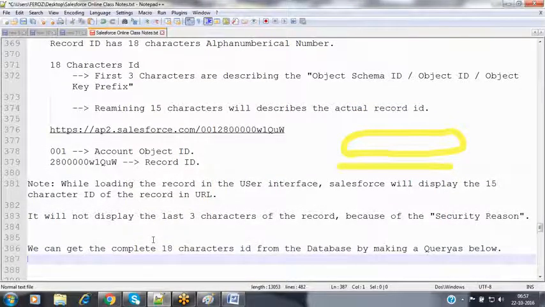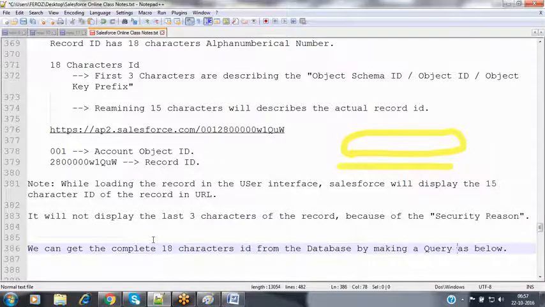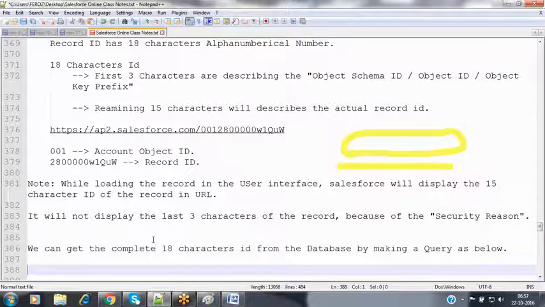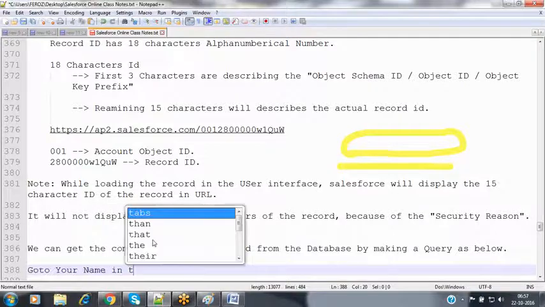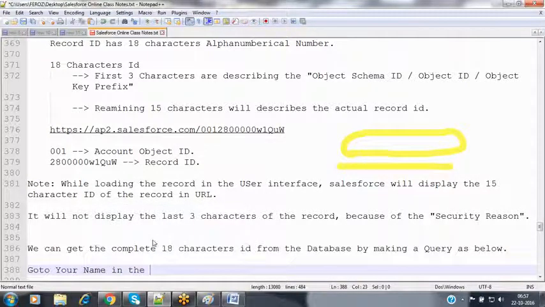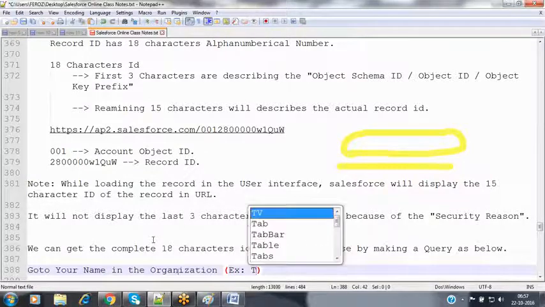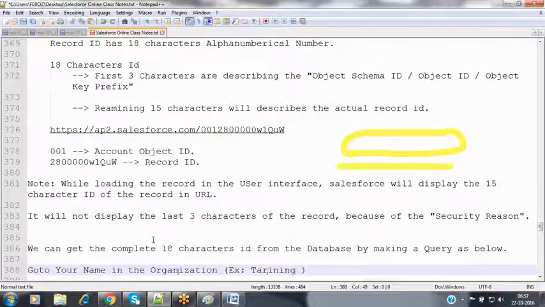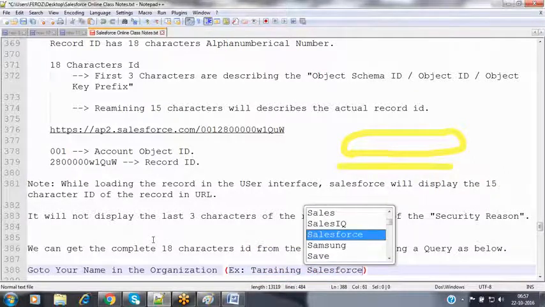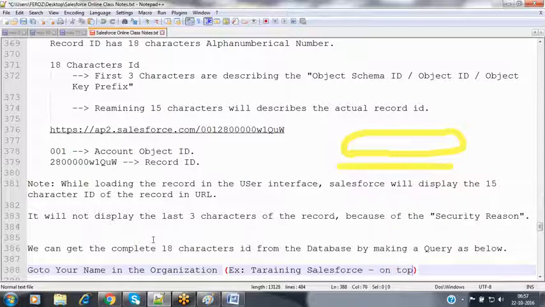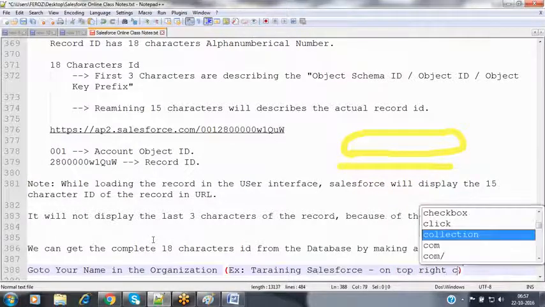How can we make that query? Now we'll see. In order to get that data, we have to use this query. Now we'll see the navigation. Go to your name in the instance, nothing but in the organization, Training Salesforce, on the top right corner.